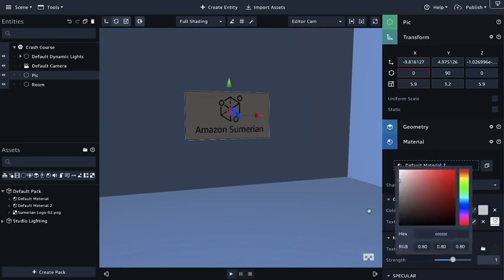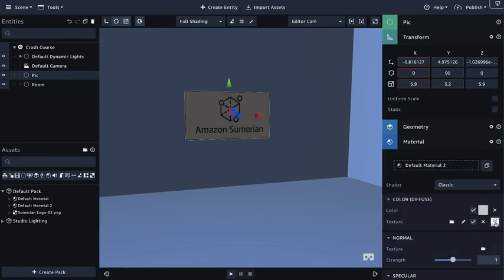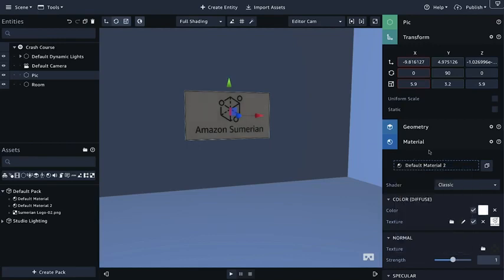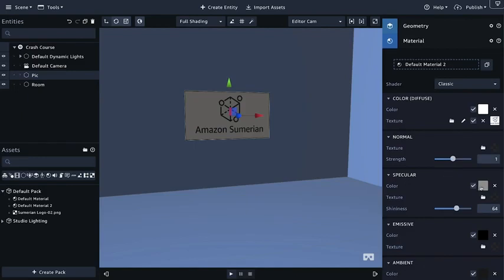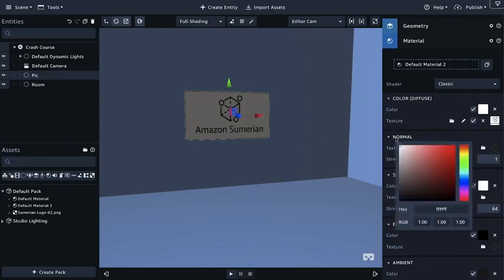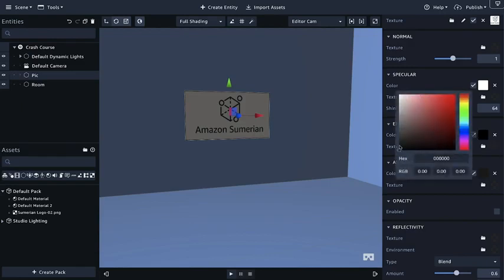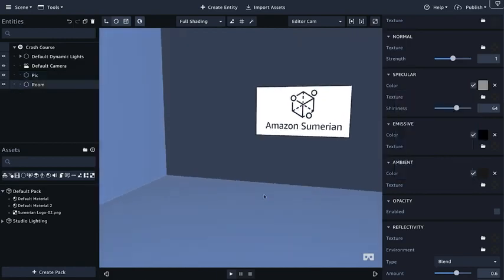All right, I'm also going to change the color because I have the image on there, but it still has a tinted color of this darker gray. So I'm going to bring that, and I'm also going to go down to specular, and I'm going to lighten that up. And emissive, we're going to bring up all the way. Okay. All right, so now we have some special